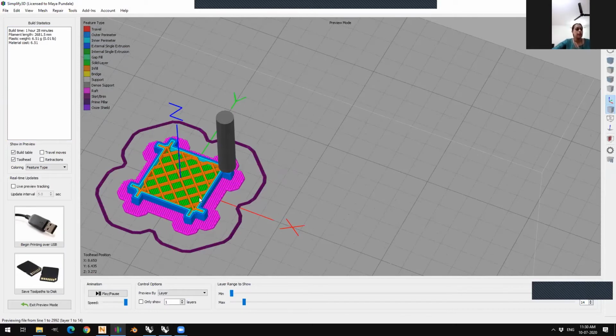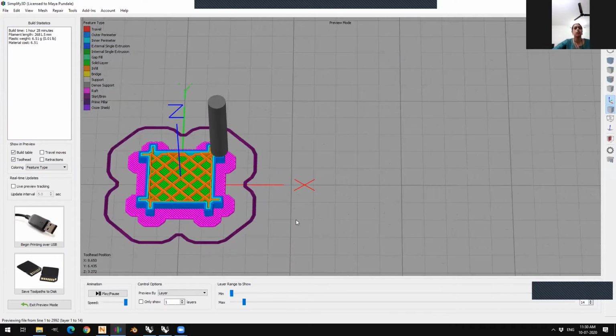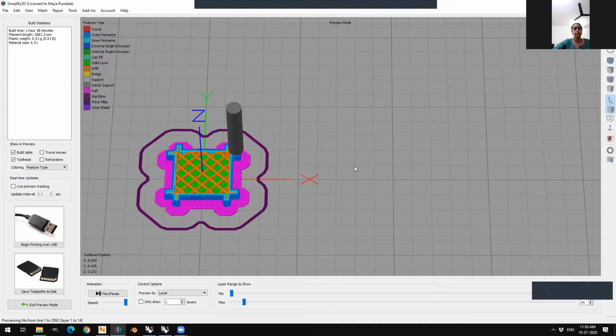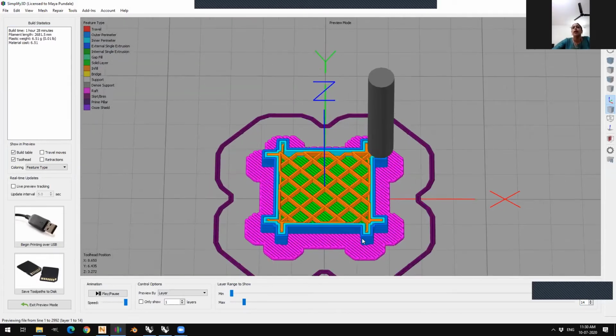Now this infill, let me just explain a little more on this particular area. The blue, light blue, the cyan and the dark blue, these are known as your perimeters. If I'm going to be creating a functional part using this technology, then I better have more than 2 perimeters. Like I want to apply a screw, I want a hole, and the hole is going to have threads, and I'm going to be pushing a screw inside it. So in that case, I better have more than 2 perimeters because I need a good thickness.